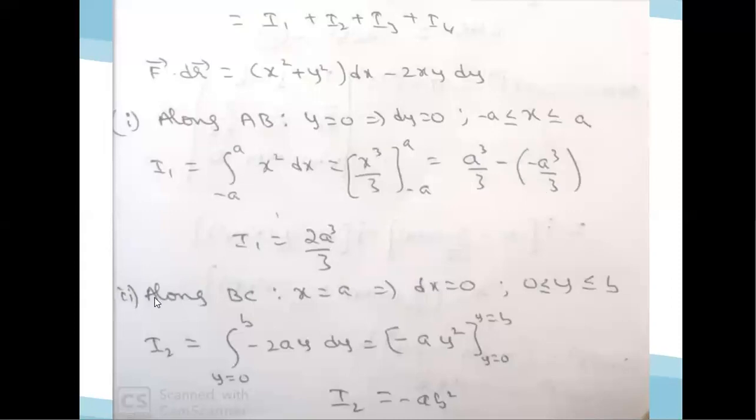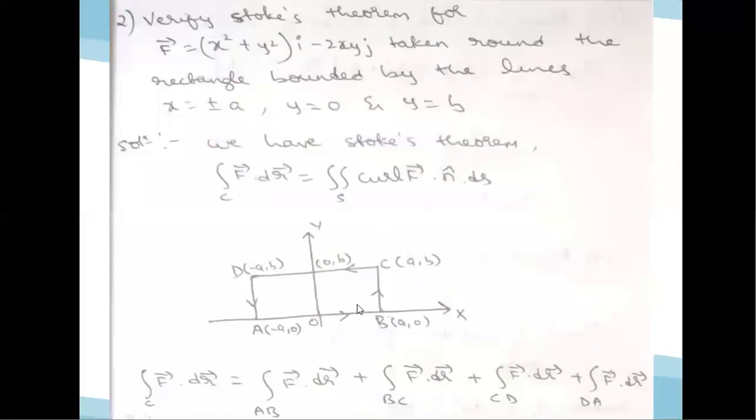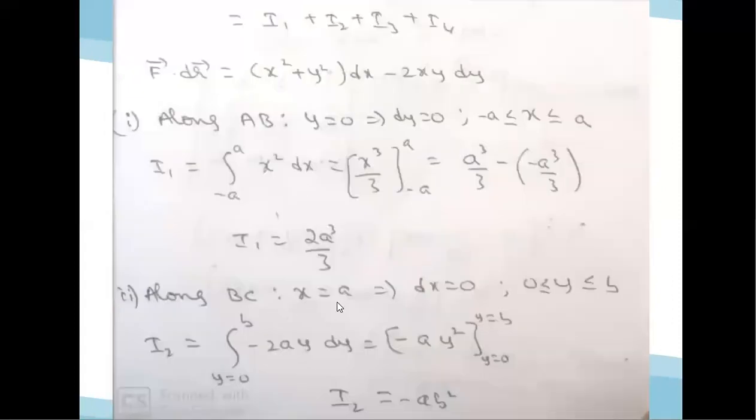Next, we shall find the integral along BC. Let us refer to the figure. So this is BC. What is this line called? This line is called x is equal to a. And what is the range of y? As you can see, y varies from 0 to b. Because we are considering the line x is equal to a, we have to consider the range of y. So along BC, x is equal to a is the line, which implies dx is equal to 0, and y varies from 0 to b. So I2 is equal to